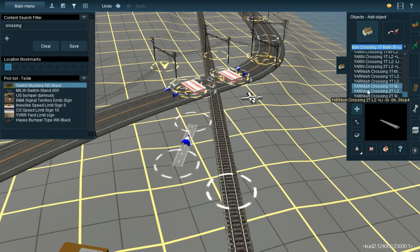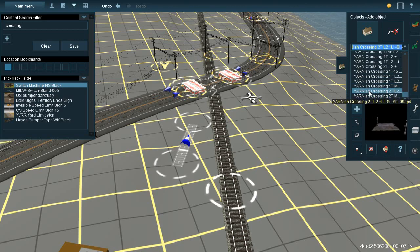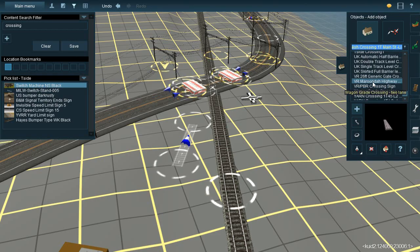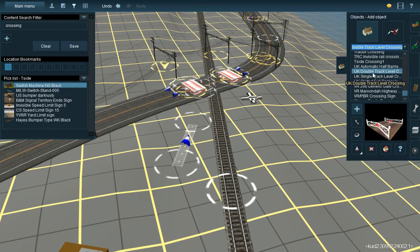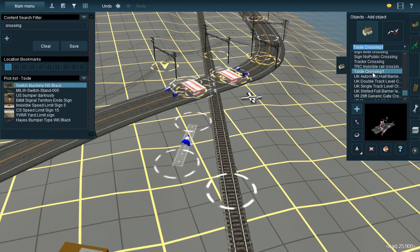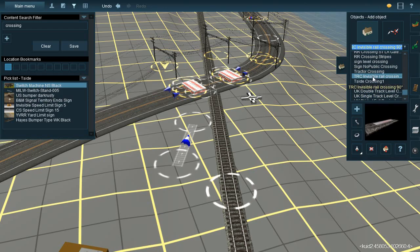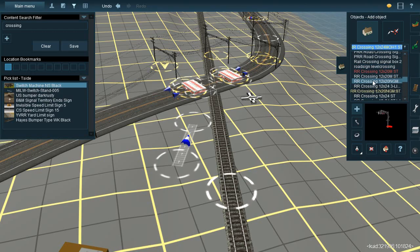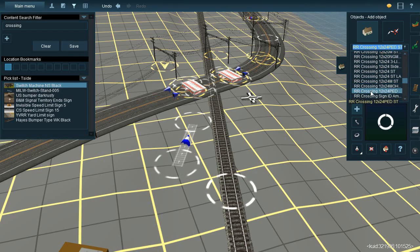These are all crossings. Let's see. Is there one that actually just does what I want? No. I just want, oh, hey, that's fun. Crossing sign. Wow, that's really interesting. Okay, so this looks like...